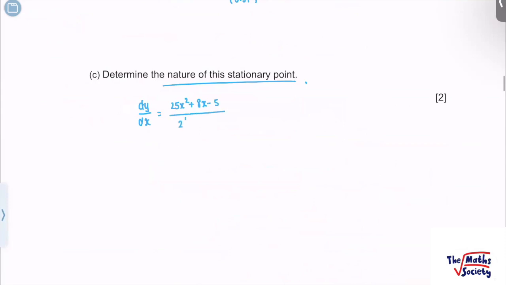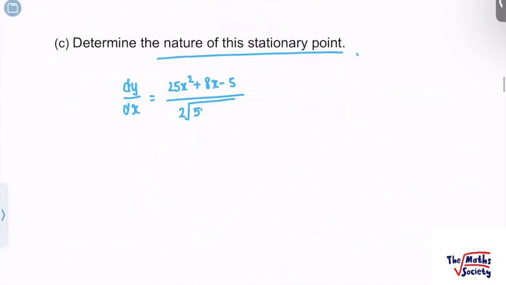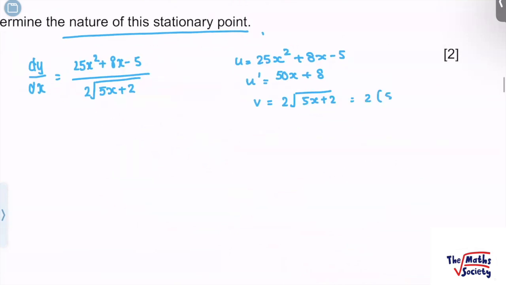And that was divided by 2 root 5x plus 2. So again, we'll have u equals 25x squared plus 8x minus 5, so u prime is going to be 50x plus 8. v equals 2 root 5x plus 2, and that is actually 5x plus 2, the whole power half. v prime is just going to be 5x plus 2 to the power minus half,